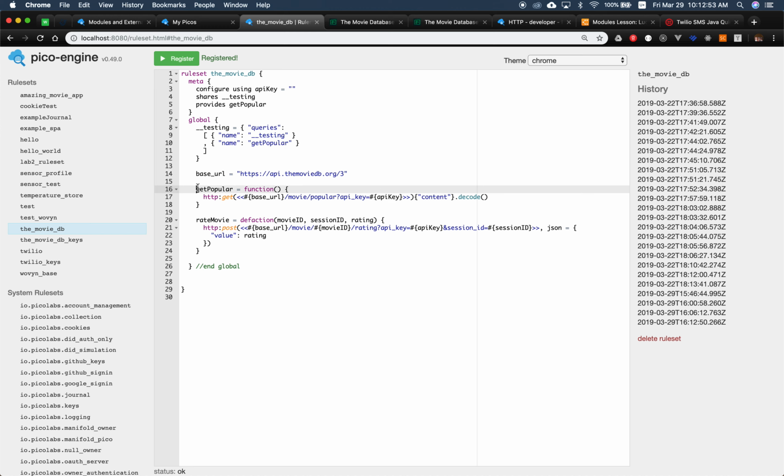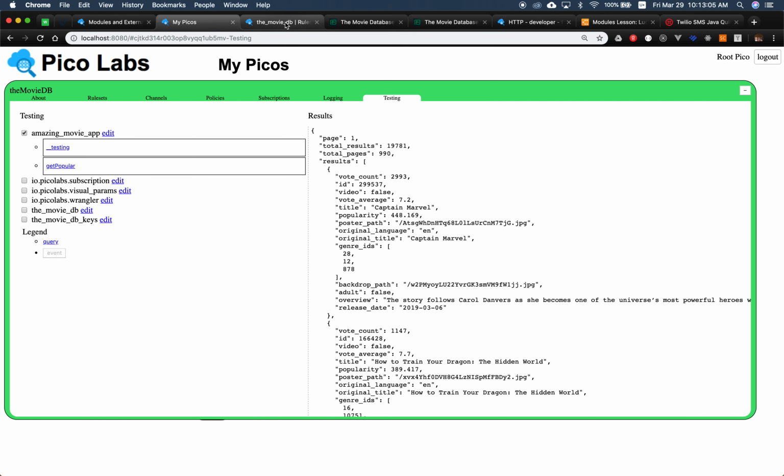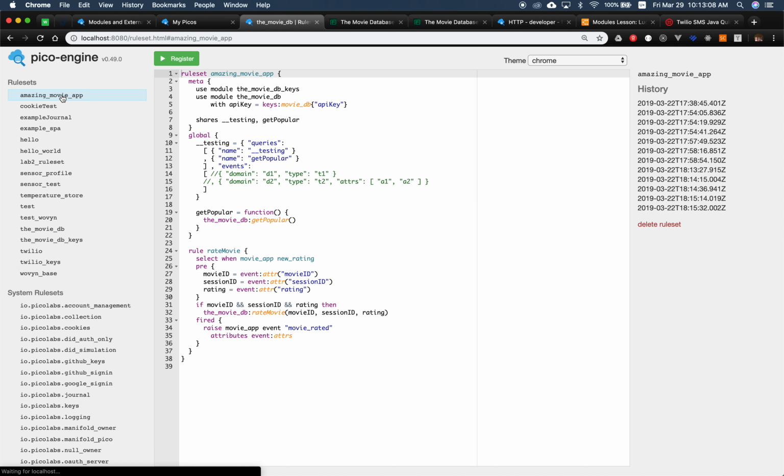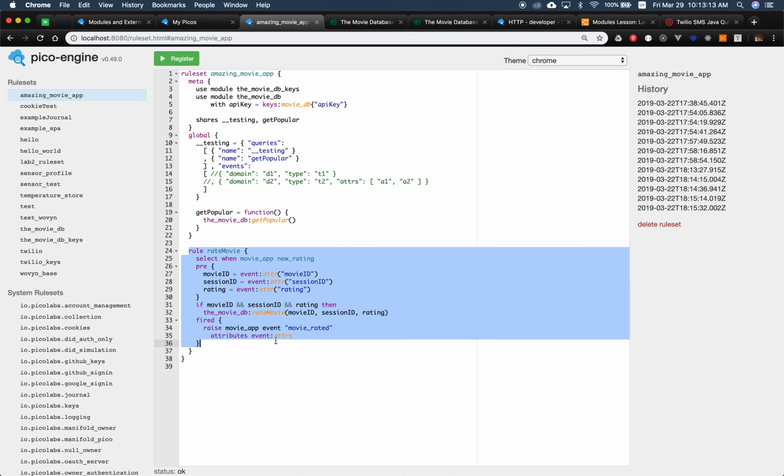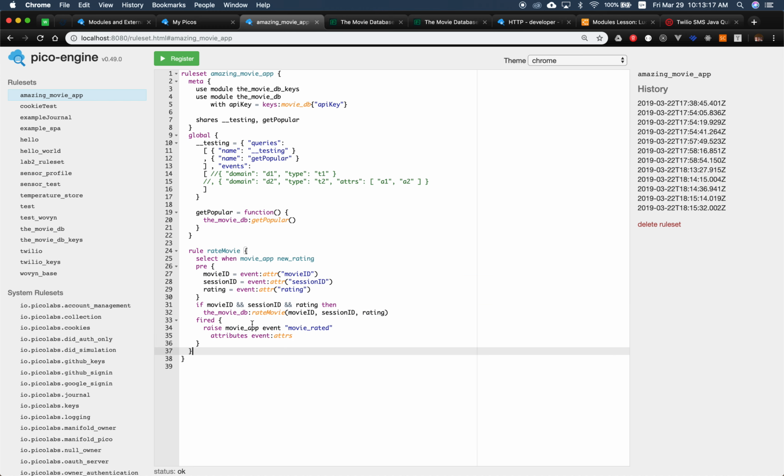Now you saw the get popular example work. I'm not going to go to the effort of making the rate movie work because that would require getting a valid session ID, and that's a little bit too much work for this screencast. But if you go back over to that rule set, amazing movie app, you can see how I'm using it. I've got this rule, and it has to be a rule because only events are allowed to have side effects, right? And I'm calling that user-defined action in the action block. I'm rating the movie, and I'm just essentially passing the information along, okay? So this is